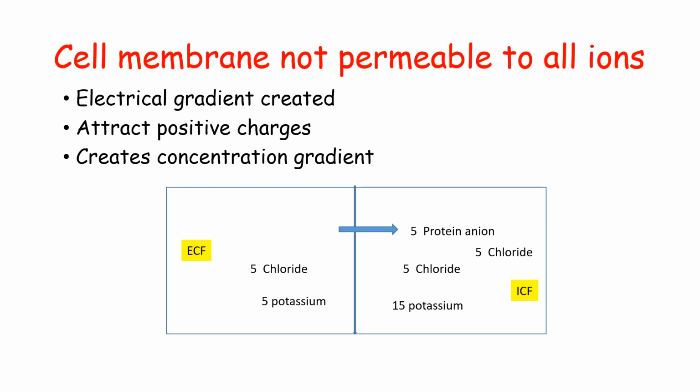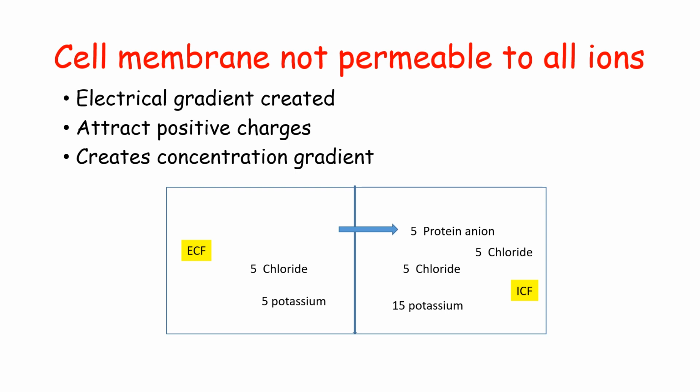So what do we see? We see that there is an increased number of osmotic particles in the intracellular fluid because of the movement of chloride and potassium from the extracellular fluid to the intracellular fluid. Do you agree with this? In the extracellular fluid we have just 10, that is cations plus anions, whereas in the intracellular fluid the number of cations and anions has increased. This increased number of anions and cations in the intracellular fluid will cause the development of a gradient, that is an electrochemical gradient, across the cell membrane.